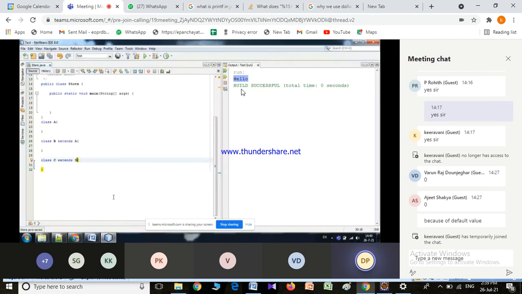So how will the relation be? C will be extending B. B will be extending A. So inversely, C also extends A. So what will happen? I will write int tires equal to 4. Here I will write tires equal to 3. Now what will I do?